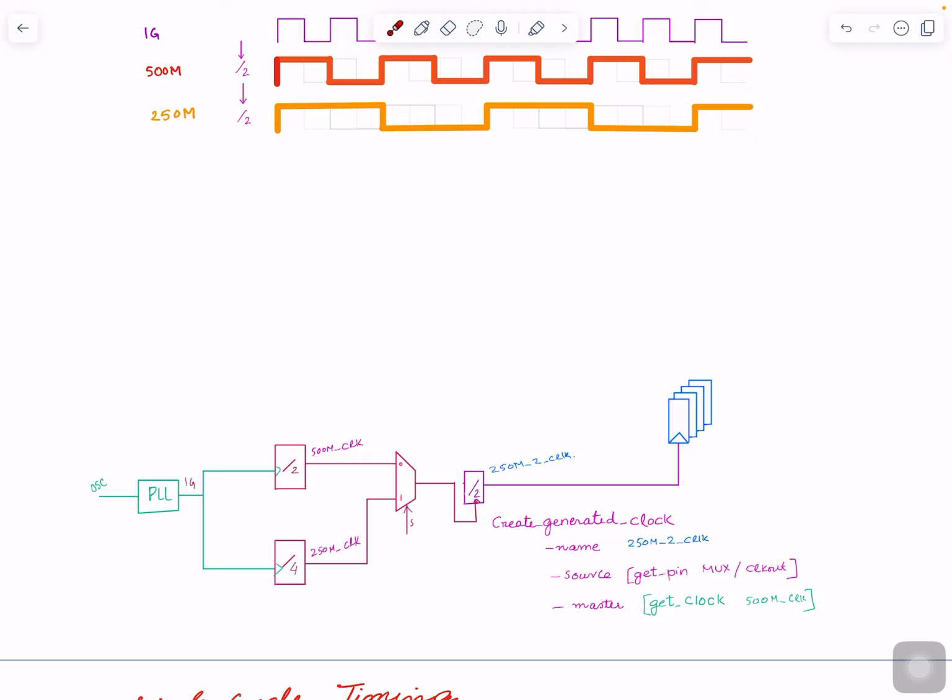So these two come to a multiplexer. And then the output of multiplexer goes to a divider, clock input of a divider. Another divide by 2. And the output of divider then goes to a lot of flops. So you define already a create clock here, then you define a create generated clock here and generated clock just like in the last video. But now we have a third divider here. And this divider,